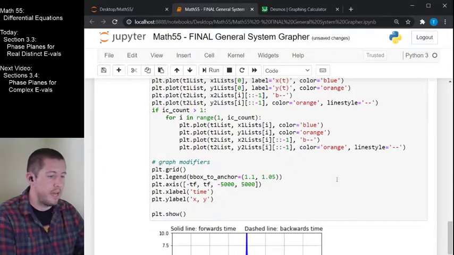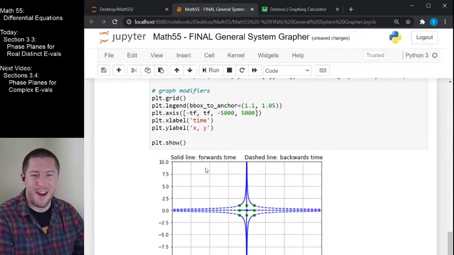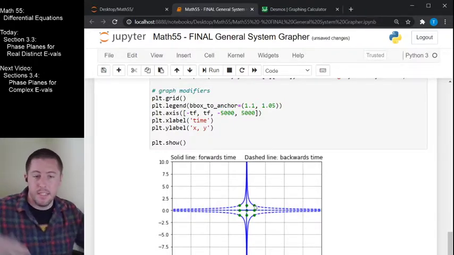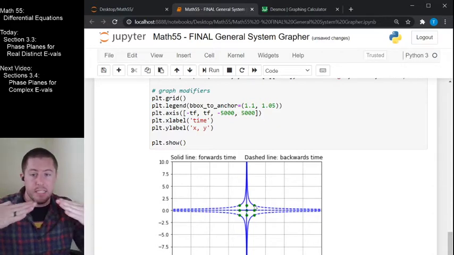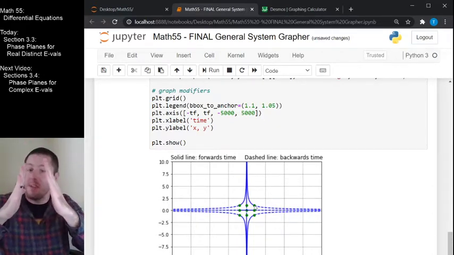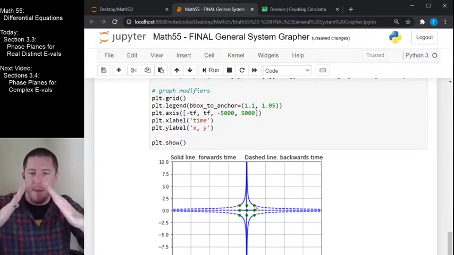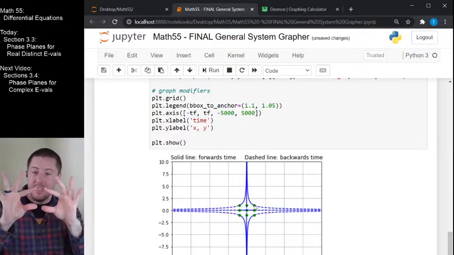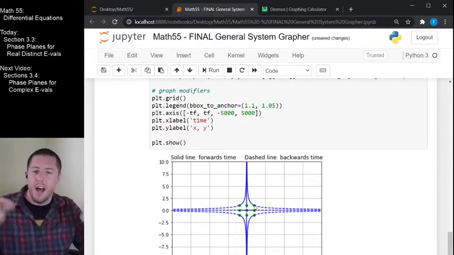Okay, they're there all of a sudden now. So the thing that we can read off of right here is that the solid lines represent our forwards time solution. So I can see things like when we started at 1, 1, it does seem like in forwards time, as time goes to positive infinity, our solutions were converging on the y-axis. And therefore, you can see if we just flipped all the arrows on our graph into our backwards time stuff, then as time goes to negative infinity, we're instead sort of reverse converging on the x-axis